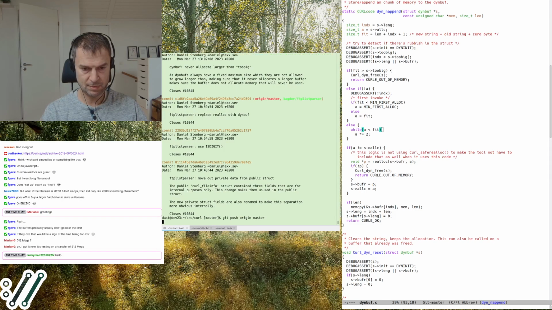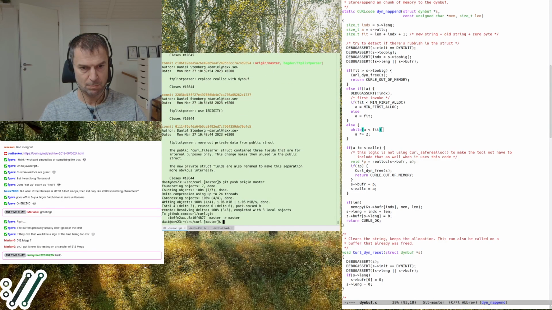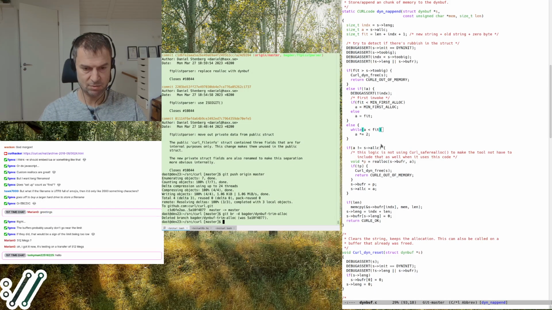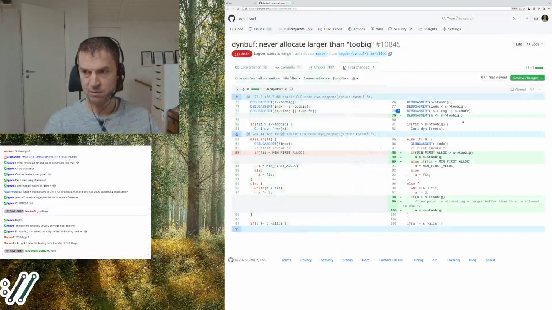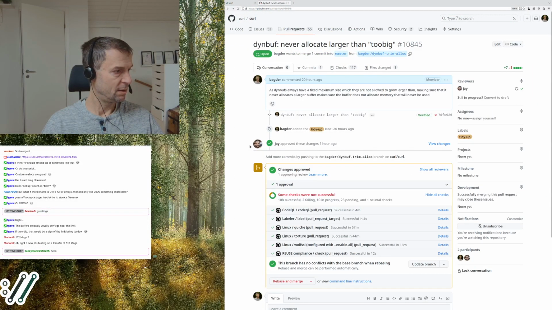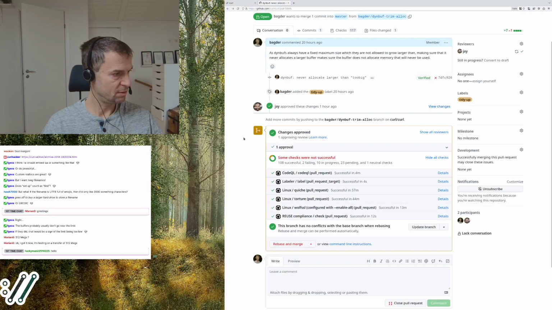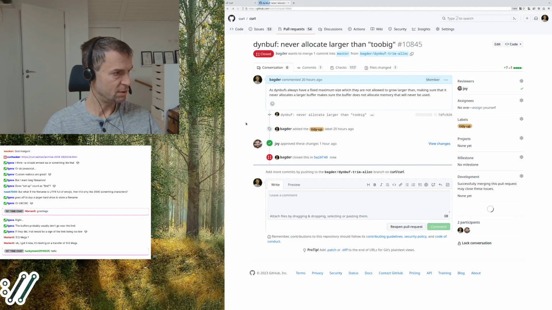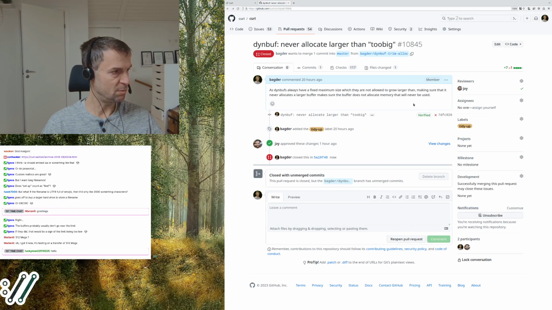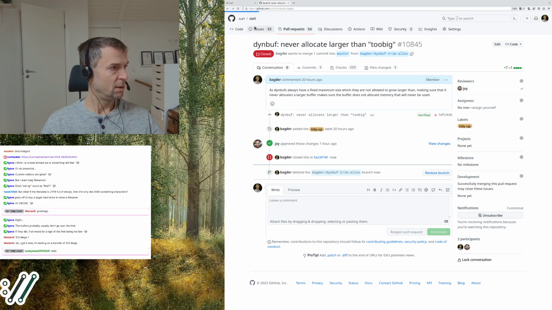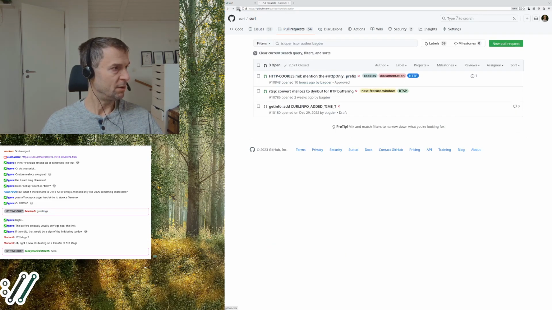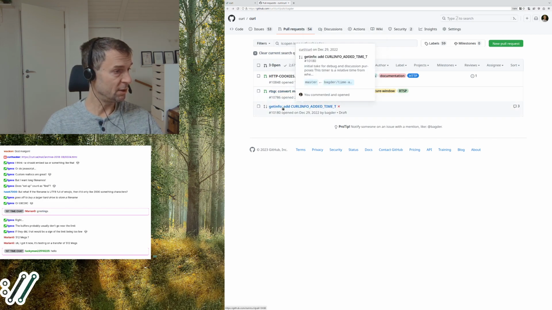So just a good, better memory use. So I push that, and let's delete the local branch, and over here it is now closed. Let's reload that page. Yes, it's closed. Delete the branch there as well. And we are down to 3 open PRs. And we're ignoring the 2 bottom ones.